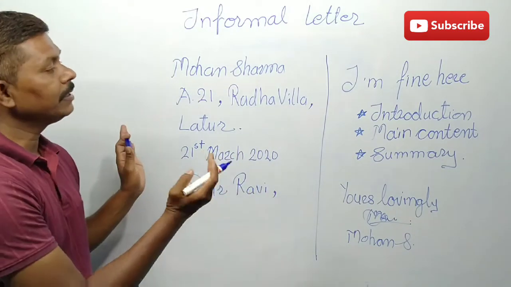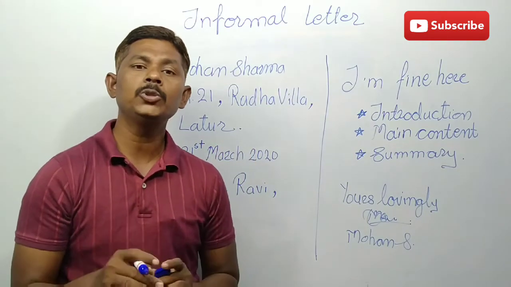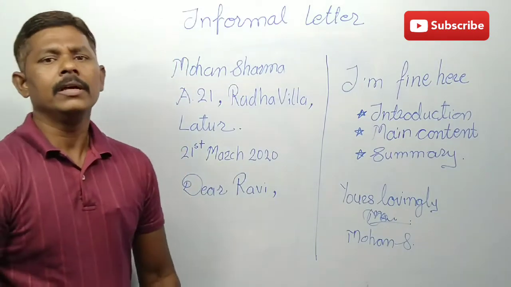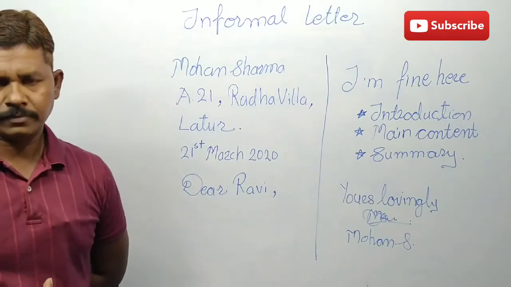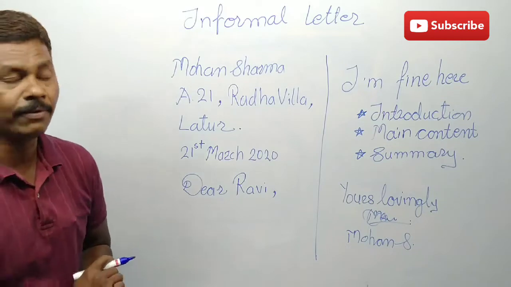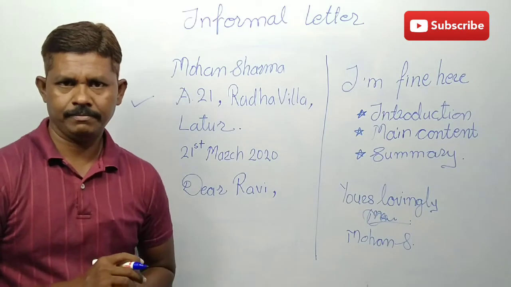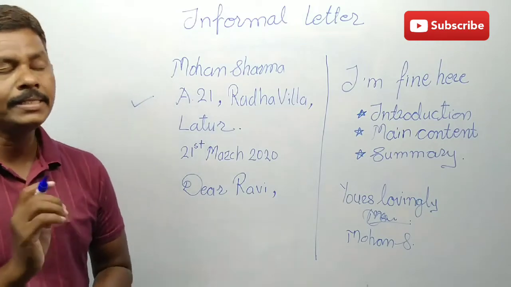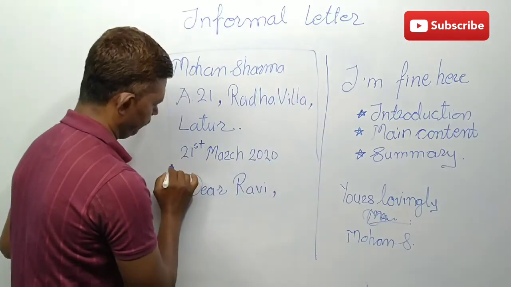So what are the different aspects of the letter? What should be there in a letter and how should it be written in a particular format? That is what we are going to see today. So friends, while studying the structure of a letter, the first aspect of an informal letter is the address. The first part, that means the sender's address, the address of the person who is writing the letter, should be written at the beginning of the letter.